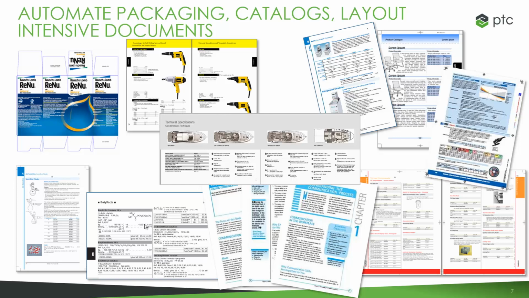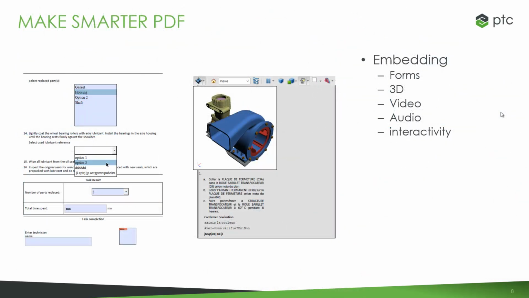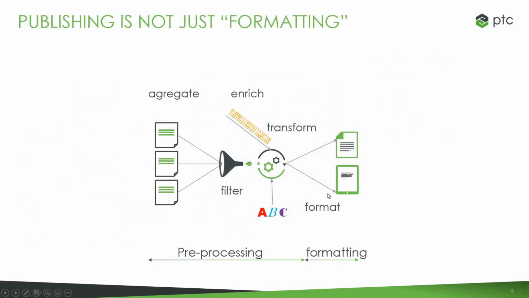journals or documents. We also may want to create smart or interactive PDF, which is containing form fields like this, or which is embedding 3D illustrations or video, audio, and which will provide interactivity between the text and the embedded multimedia components. For doing this, we will need a very strong formatting engine for generating the final layout. But in any case, it shall be understood that